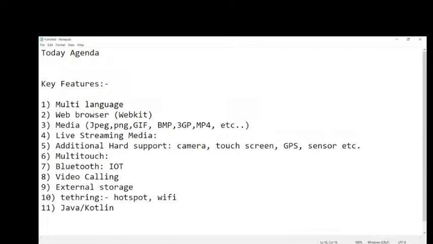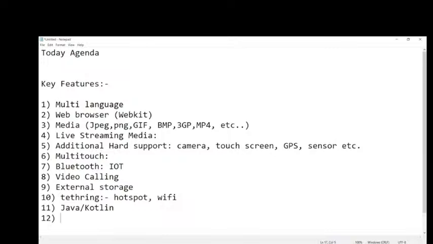Because of Java and Kotlin support, whatever Java features there are, like platform independent and robust, it can support the platform independence. All the Java-related features as well as the Kotlin-related features it can support. Both are open source. It can support many things programmatically, and it can support even more.